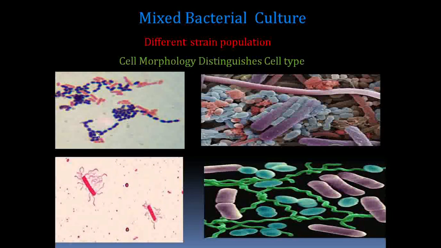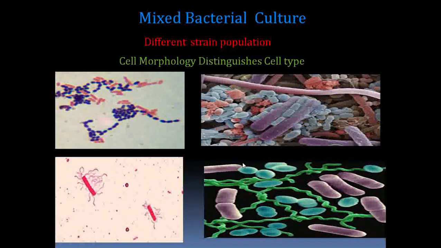Then this is a compound microscope image. Here also you can see one more image. You have a single bacterium with multiple flagella, right? So again this will form one more different strain. Here is an electron microscope view, where again you can see a different cell population: a circular shape, a bacilli shape, a spiral shape. Fine. Here is a clearer image where again you can see the rod shape, circular, and the coiled or spiral form. So these are the different strain populations.